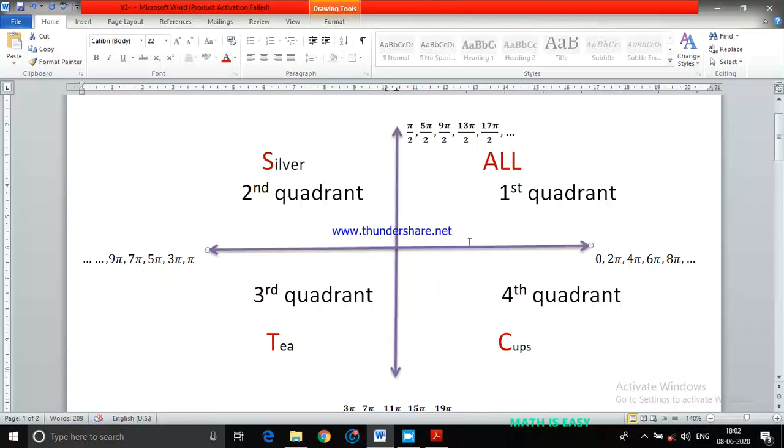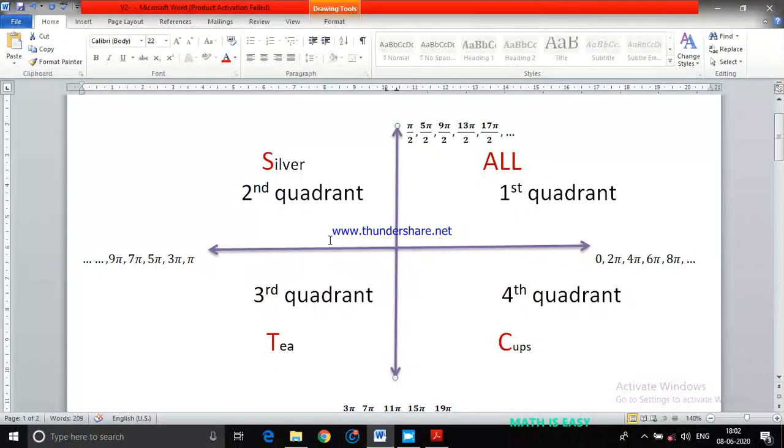Now cos 0 is 1, cos 90 is 0. Now cos 180 will be minus 1. Because cos 0 is 1, the next value will be 0, then negative, then positive, so alternate signs will be taken. Similarly, tan 0 is 0, tan 90 is plus infinity, tan pi is 0, and tan 270 will be minus infinity. Plus, minus, plus, minus.